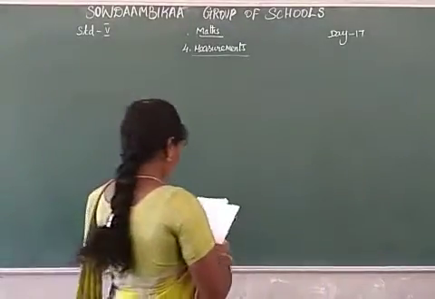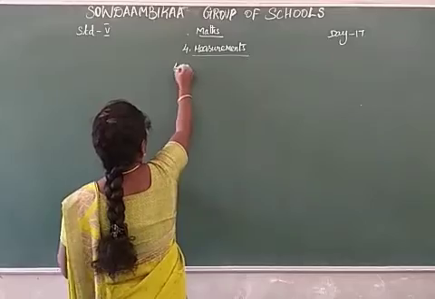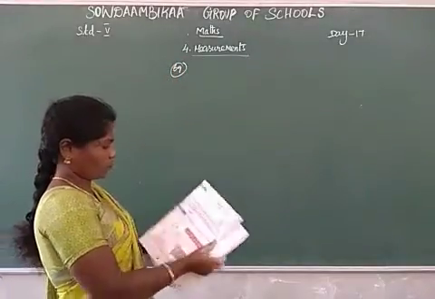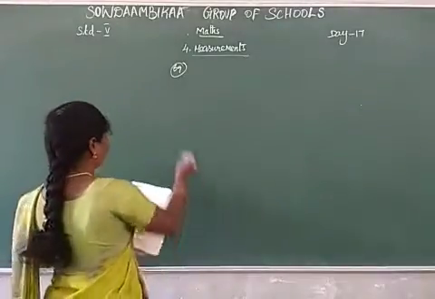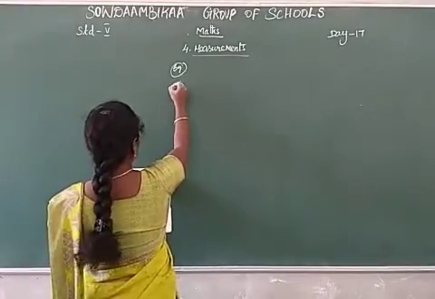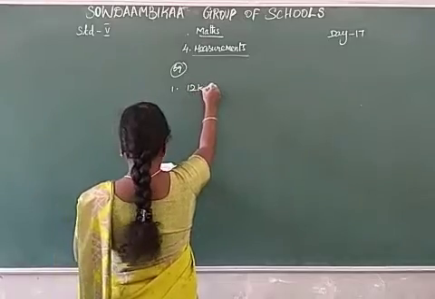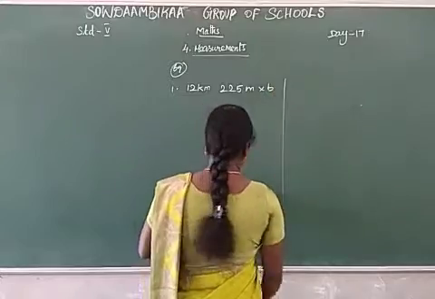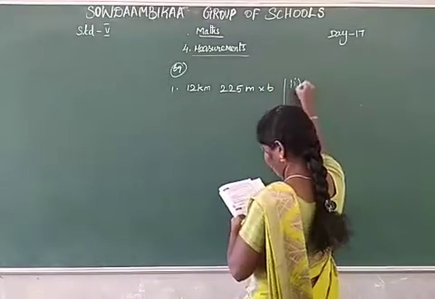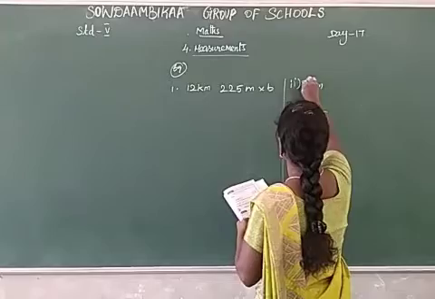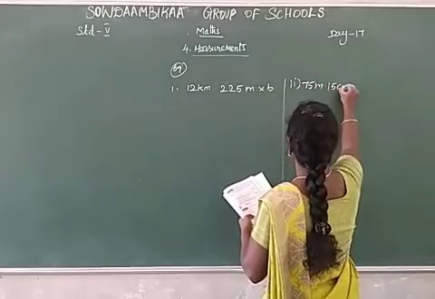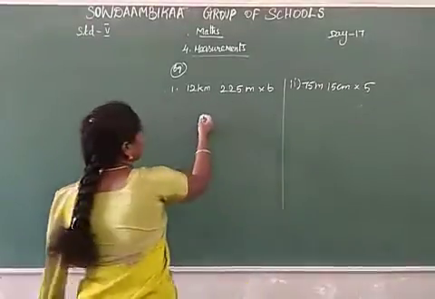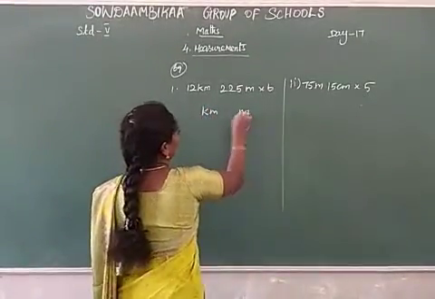Next, take page number 69. Multiplication sum. Example 1. First sum: 12 kilometer 225 meter into 6. The second sum: 75 meter 15 centimeter into 5. Now multiply the kilometer and meter number, 12 kilometer